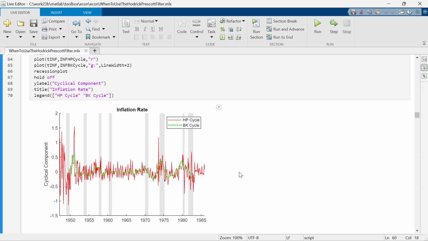Again, Hodrick and Prescott might argue that they were just capturing the cyclical component and not specifically a business cycle. But their cycle and the specifically business cycle of the BK filter can differ, as we see here, especially when there's a high frequency component in the data. So right there you have a distinction between the Hodrick-Prescott filter and the Baxter-King filter. Which one would you use?